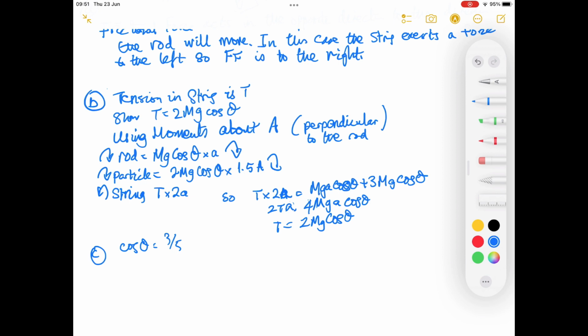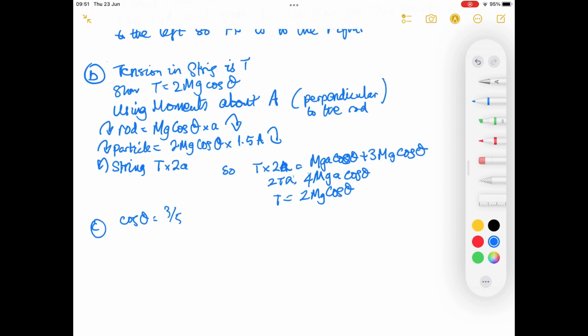Right. Part C is saying cos theta equals 3 over 5, and we could probably say sine theta is 4 over 5, you know, that triangle. And what we're going to do here is we need to prove that the vertical force on the ground is 57 mg over 25. Okay. So now what we're going to do is just look at the vertical forces of the object, right? So there's a vertical force from the string,